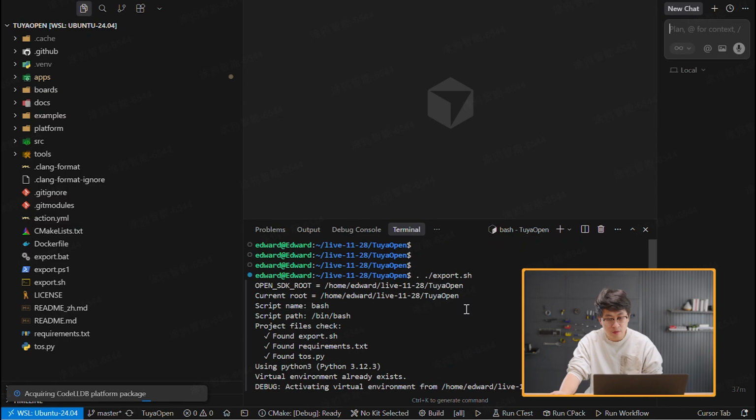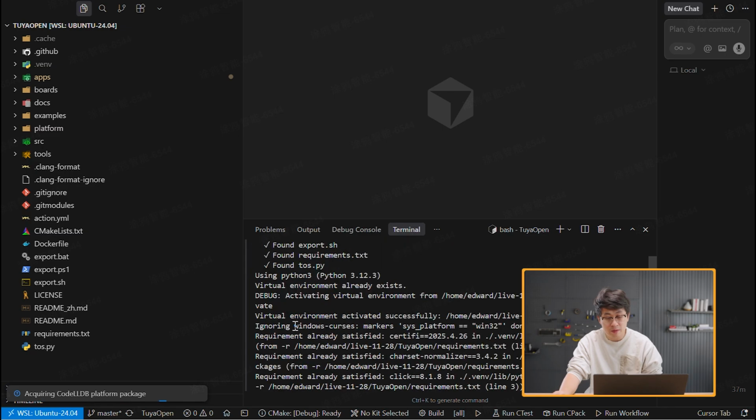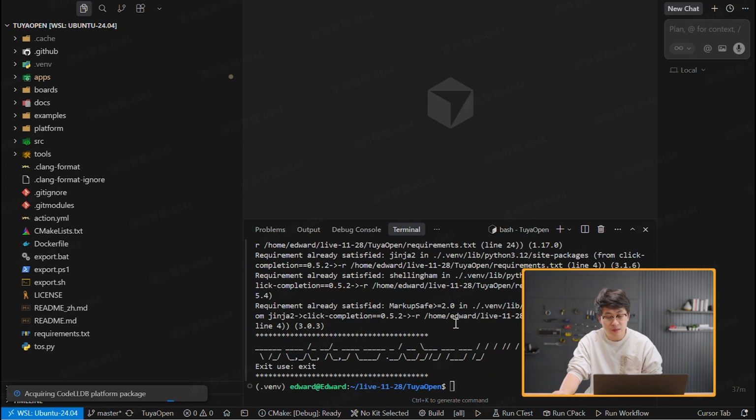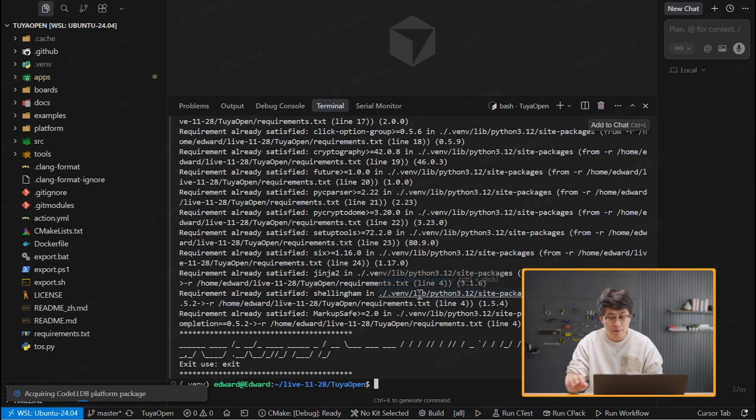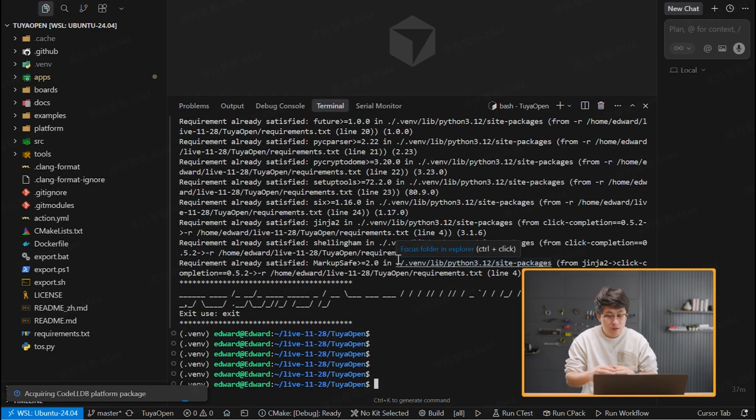Okay, if you do it for the first time, it will go through all the Python dependencies. It's a Python script to get started with. So it will go through the Python dependencies and virtual environment, and it will fetch all the dependencies. Okay, so once you've exported the environment variable, you can see now we're currently in a virtual environment, and we can do